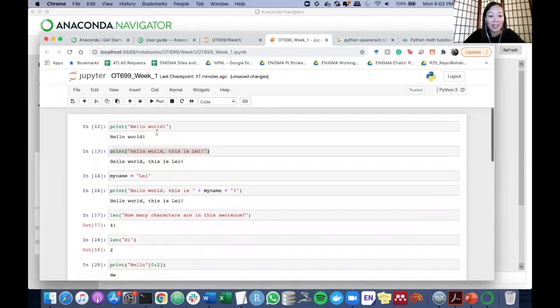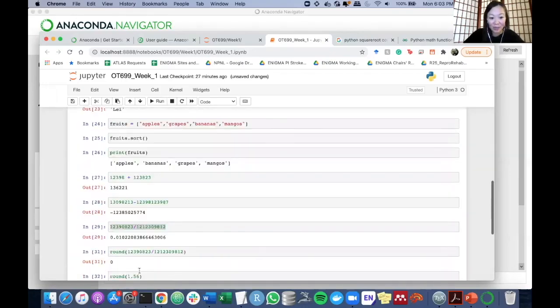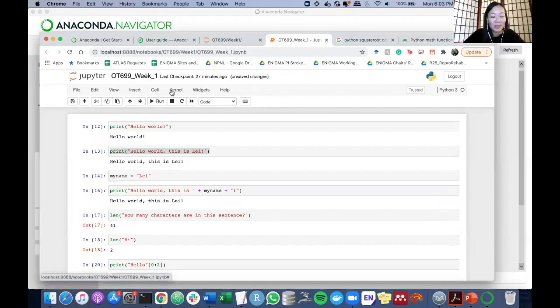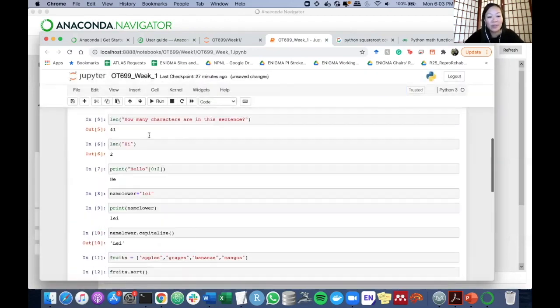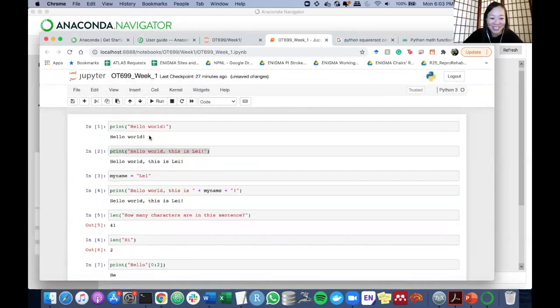What else? I could run all of these lines at once if I wanted. So I could go to Kernel and Restart and Run All. And that would clear all the outputs that you see, and then it'll rerun them all. It happens super fast because these commands are really lightweight and quick to run, but it's just some examples of